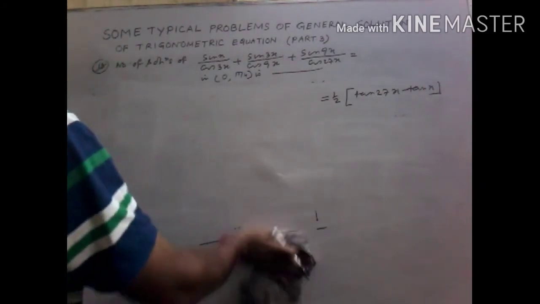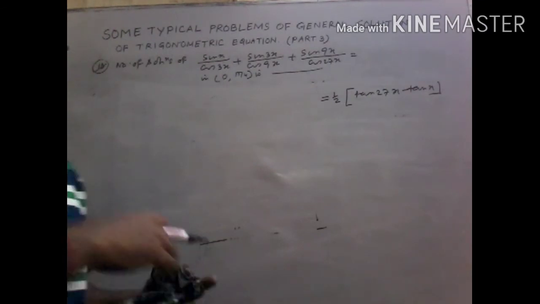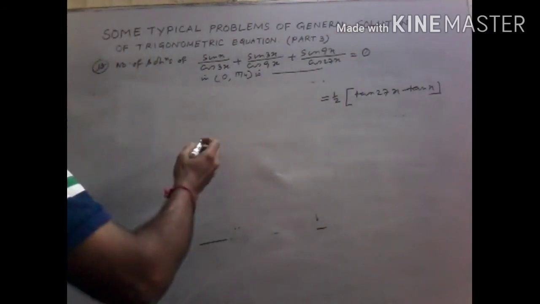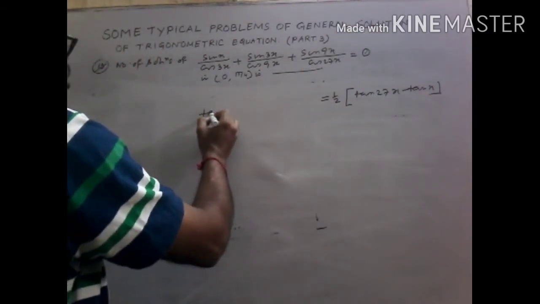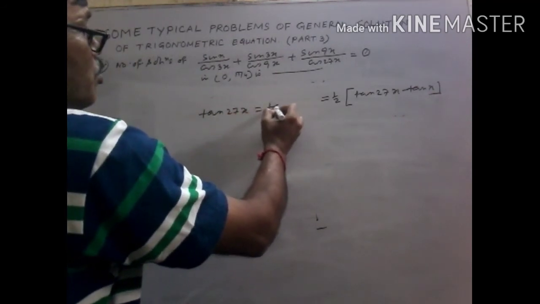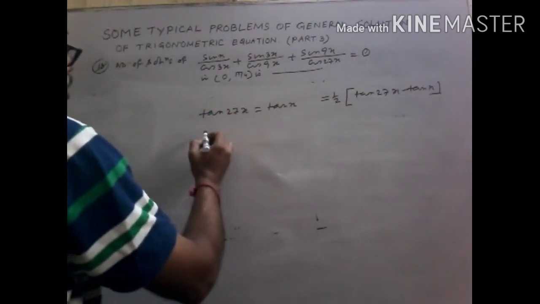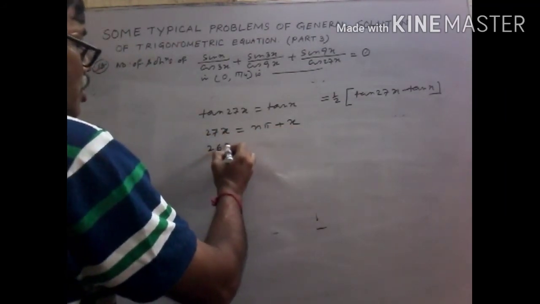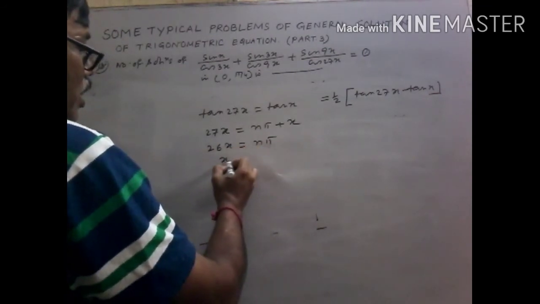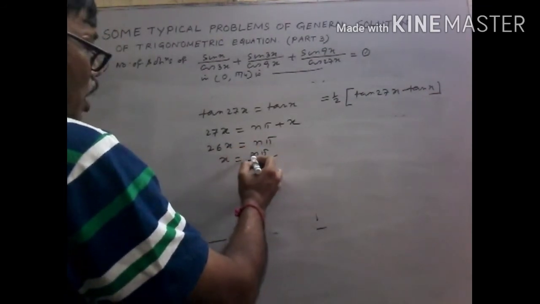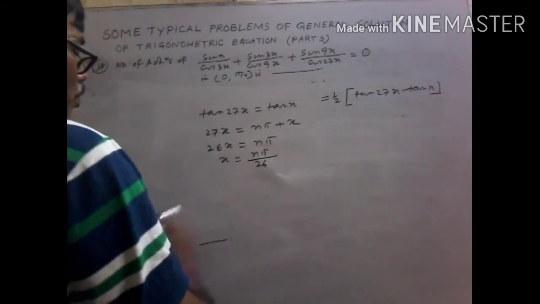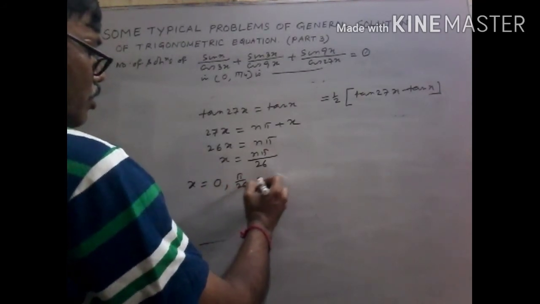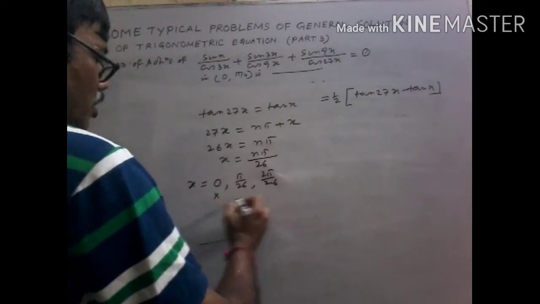So this equation reduces to this equals 0. What does this equation reduce to? Tan 27x equals tan x, because the right hand side is 0. So what is the general solution? n pi plus x. So 26x equals n pi, x equals n pi by 26. If we put particular values, x equals 0, this is pi by 26, 2 pi by 26,